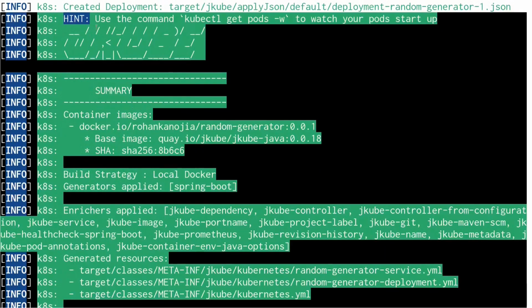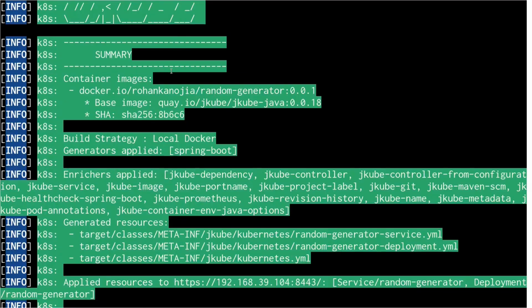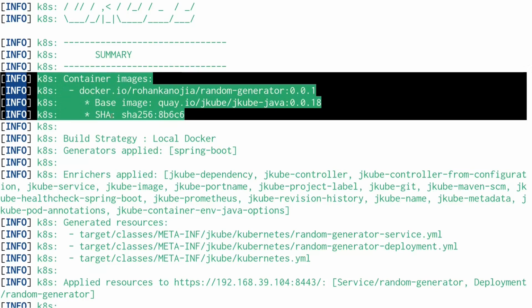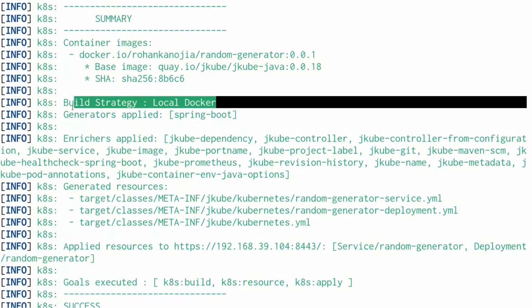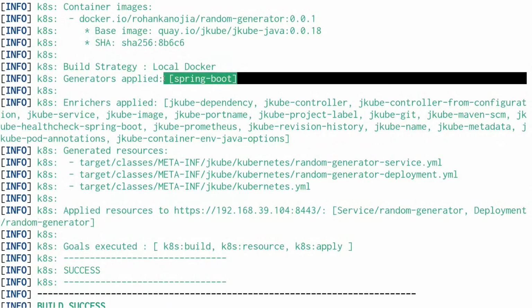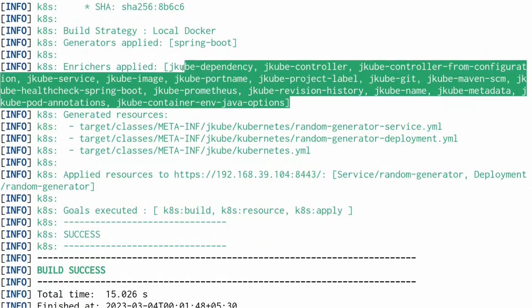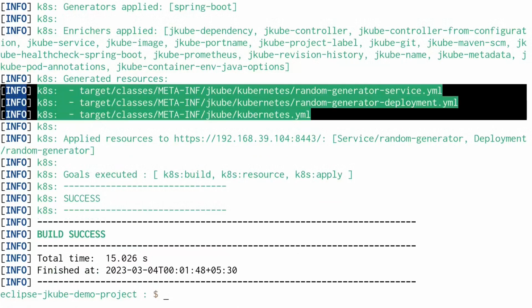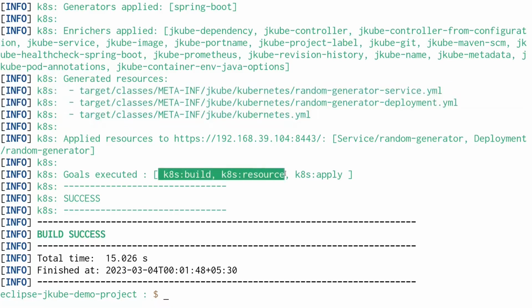You can see that there is a summary from JKube which contains details like what container image it has built, what was the build strategy for container image creation, which opinionated generator we had used, what were the enrichers that were used during the processing of the Kubernetes resources, what resources were generated by JKube, which goals we have executed in this Maven execution, and also the cluster where it